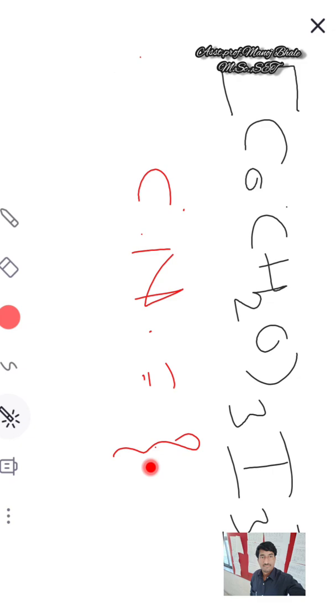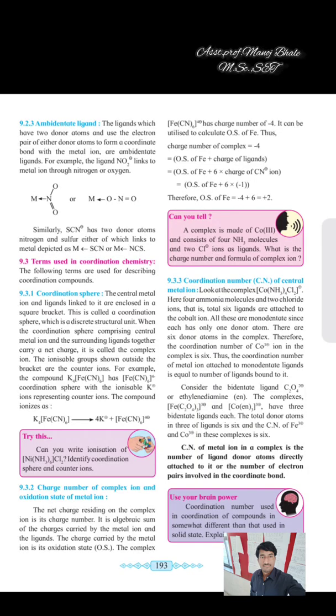So we have seen the coordination number of the complex. How to calculate the coordination number of the complex? We look at the number of ligands directly bonded to the central metal. That is the coordination number. There is one more example given there: cobalt with NH3 4 and Cl2, 4 ammonia and 2 chlorine. So in total 6 ligands are attached to the cobalt. So the given complex has coordination number 6.